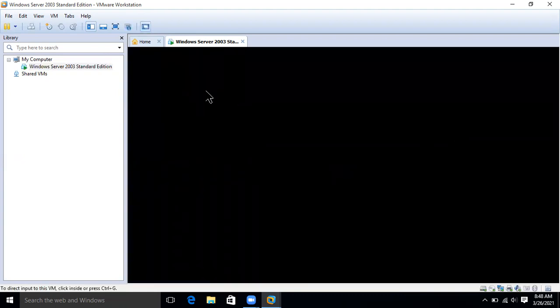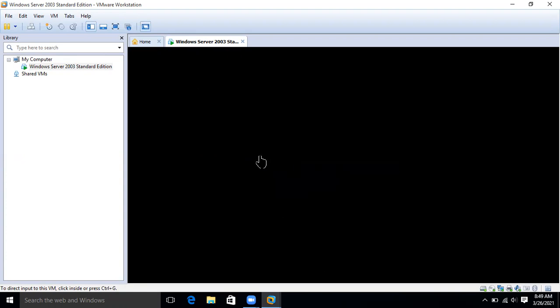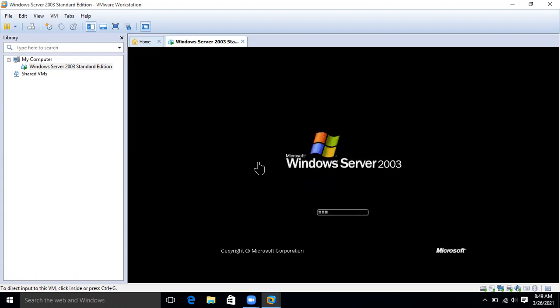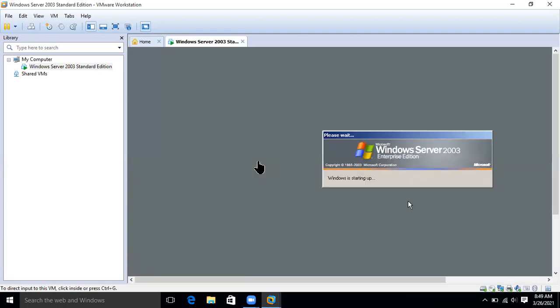You will get a screen which shows VMware processing, and your Windows Server 2003 will appear soon after you click the open this virtual machine option. Let's wait until it opens. It is still in process.